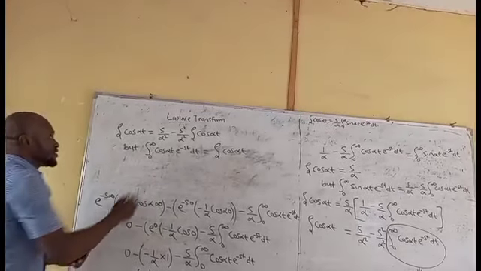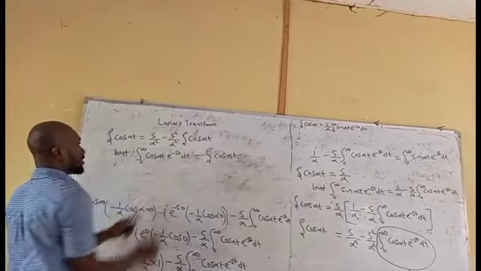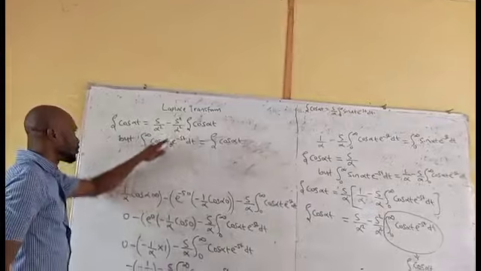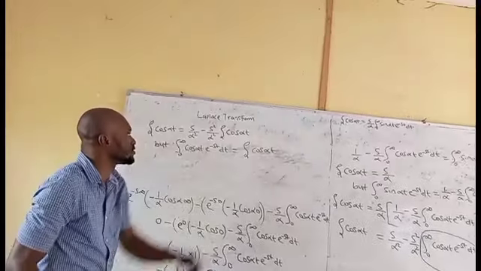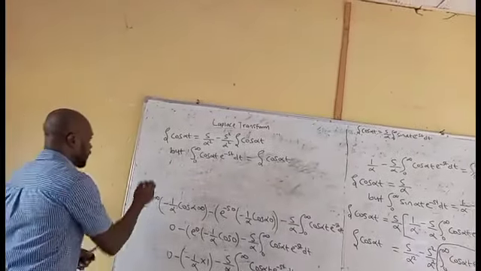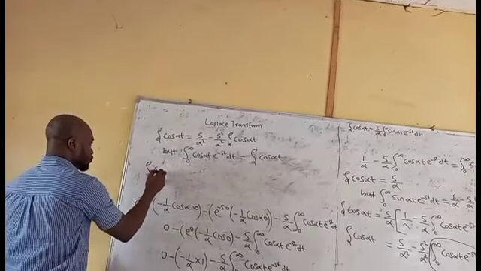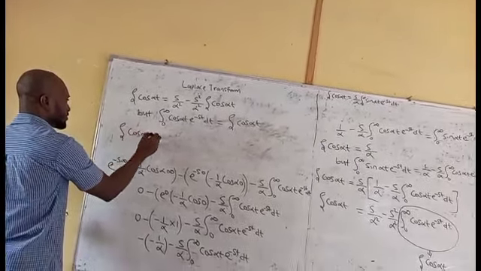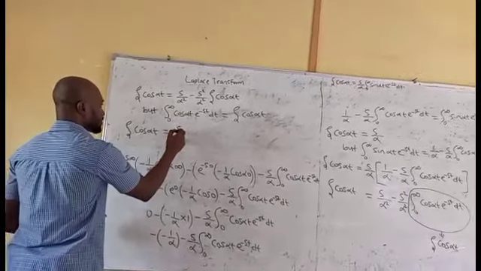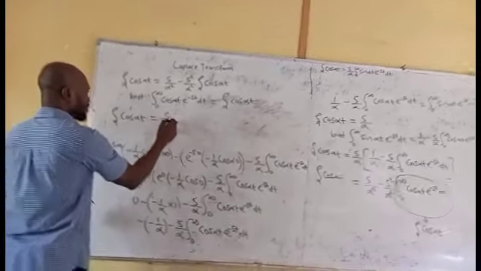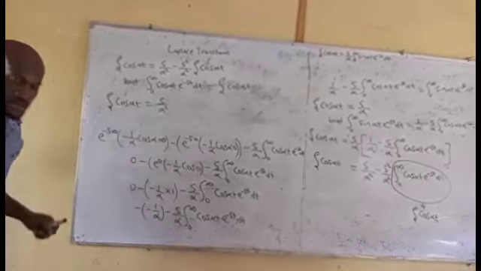So that's why I'm having the Laplace transform of cos alpha t, because this is equal to this. So now we have the Laplace transformation of this cos alpha t will give you x over alpha squared,